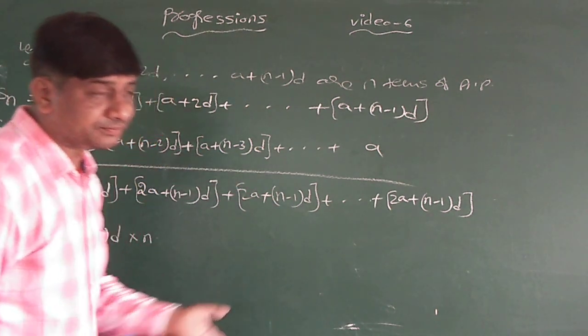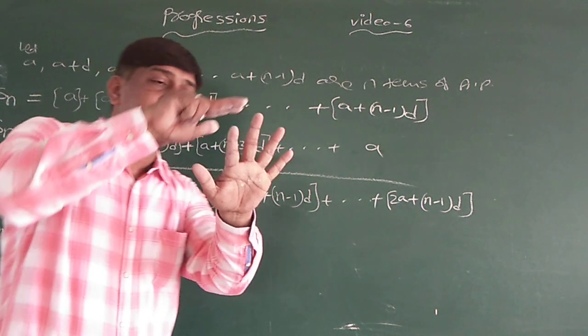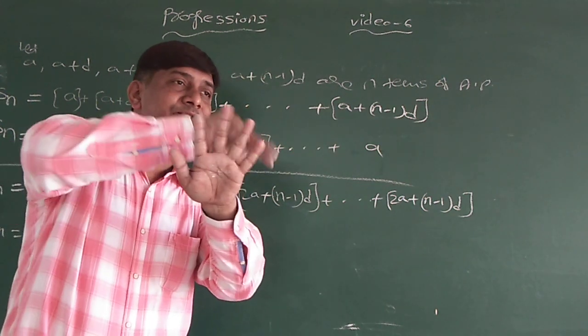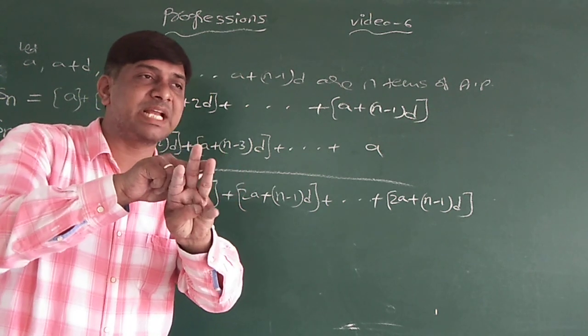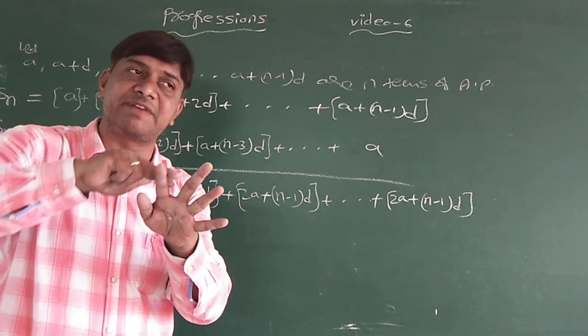For example, 5 plus 5 plus 5 plus 5 plus 5: 5 times you are adding. Finish that; 5 fives are 25. 5 plus 5 plus 5 plus 5: 4 times you added, 5 fours are 20, or 5 plus 5 is 10, 10 plus 5 is 15, 15 plus 5 is 20. You get the same answer.